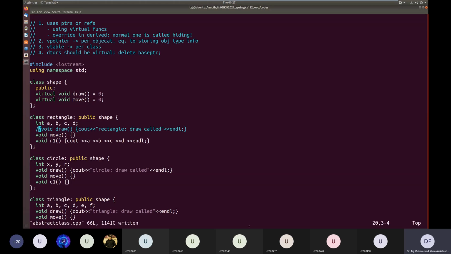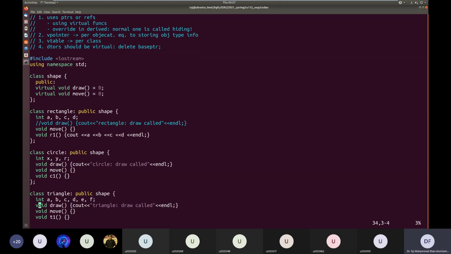Circle and triangle are implementing all the pure virtual functions of the base class, so they are no more abstract classes. They are now concrete classes. We can declare objects of circle and triangle.